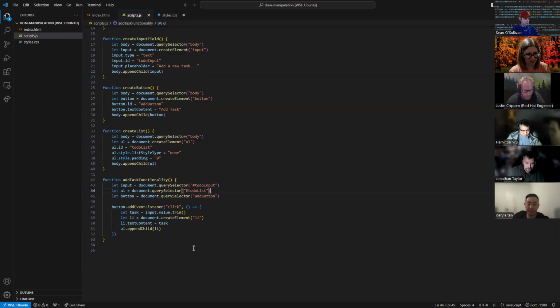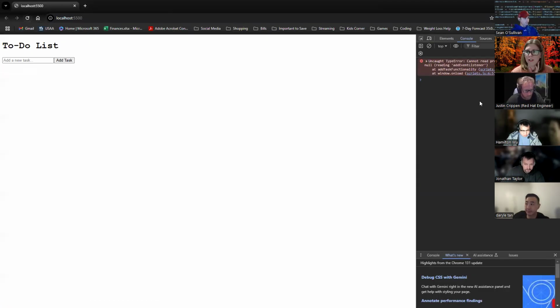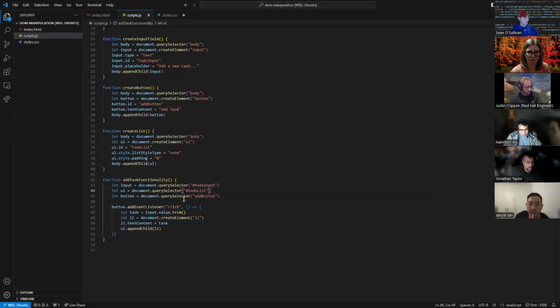Okay. Let's see if this fixes it. I don't really know. Okay, so I'm gonna reload this. Still says cannot read properties of null reading add event listener. Can you put the event listener in the button function and then call the create task out of that? Add the event listener in the create button. Yeah, since that's where it's defined, because is this like out of scope since it's